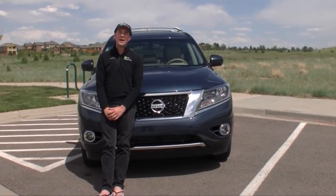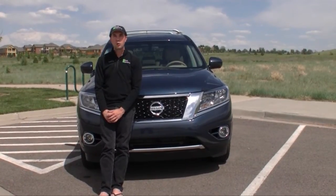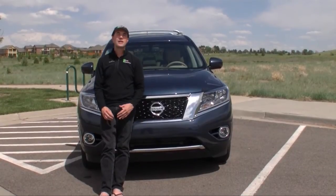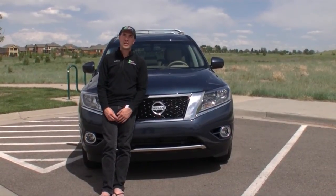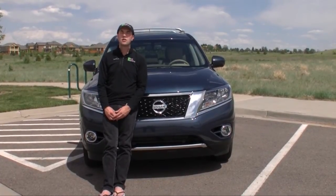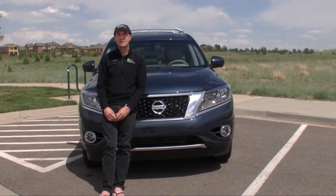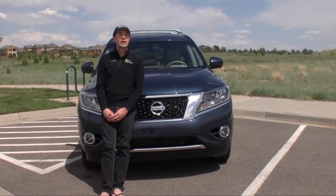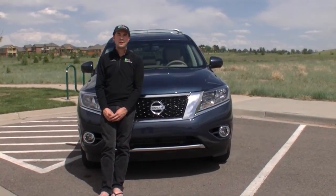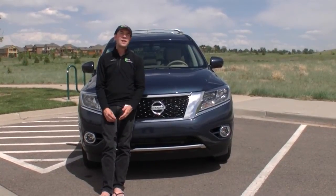And with the 3.5 liter V6 engine, Nissan fans are going to be very familiar with this 260 horsepower coming out of this vehicle. The Pathfinder is definitely different than the previous generation, and it's going to take some getting used to. But with the really nice third row option, the DVD optional entertainment system for the back seat, second row passengers, rear heated seats, and a lot of other really nifty features, this SUV is very capable. It has the automatic four-wheel drive system that, well,